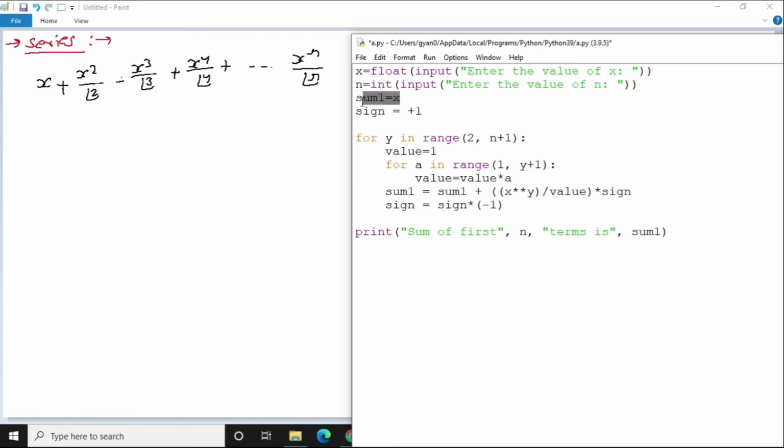The sum 1 is already assigned with positive x. Then you enter in the loop, and for every even value you are going to multiply the positive 1, and for every odd value you are going to multiply the negative 1 in the value. Okay, so let's try to execute it.